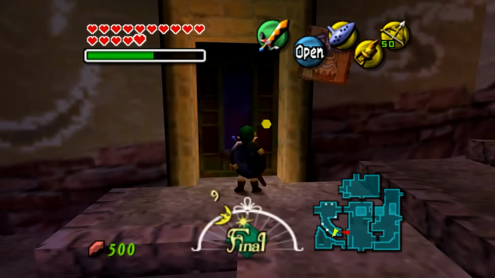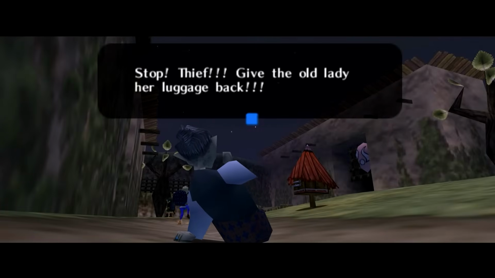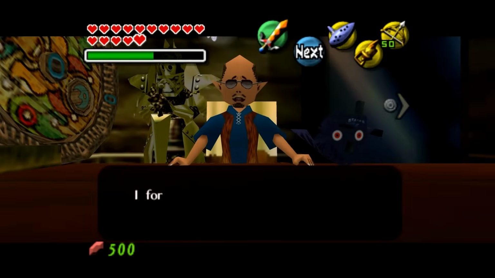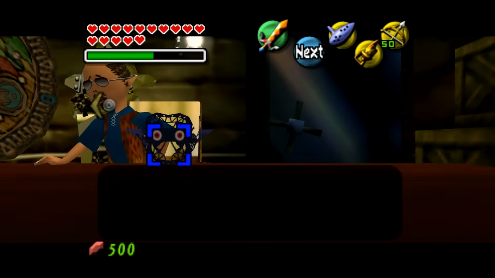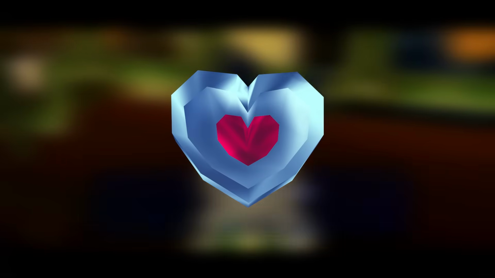Horrifying backstory aside, this can be bought at the Curiosity Shop. It'll only be available though if you stop the old lady from being robbed on the first night, so it's important to do that. Keep in mind though that the mask will be sold for a massive 500 rupees. Don't worry, the price is certainly worth it, as instead of just unlocking 1 heart piece, this will let Link